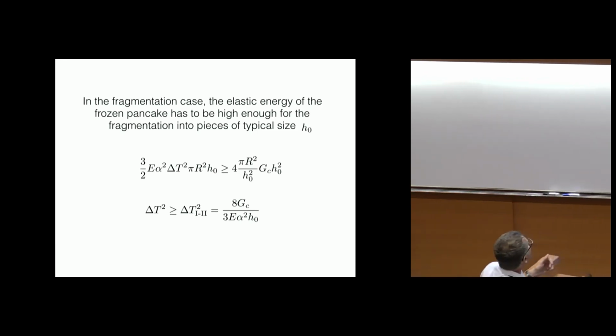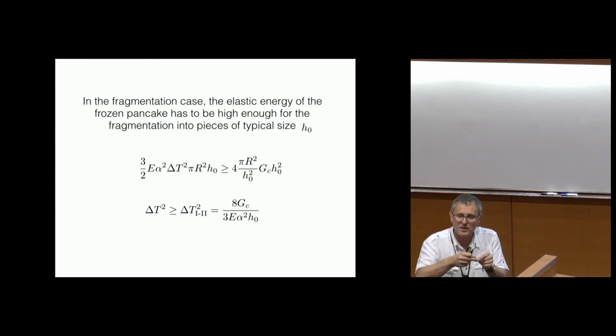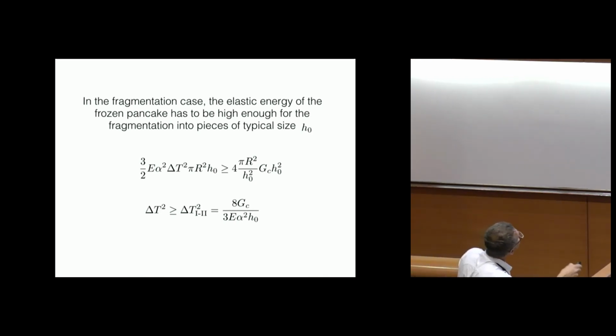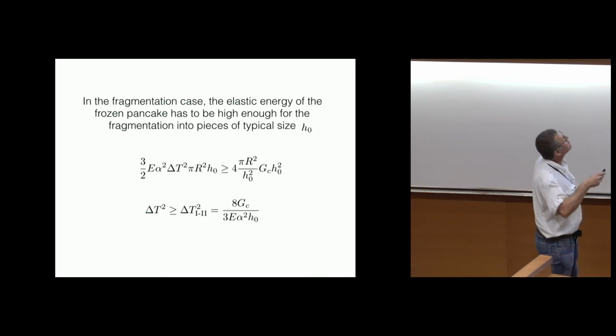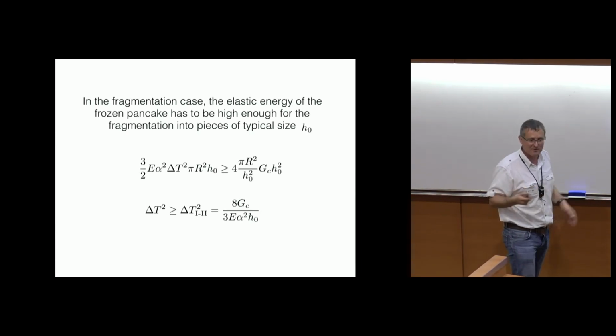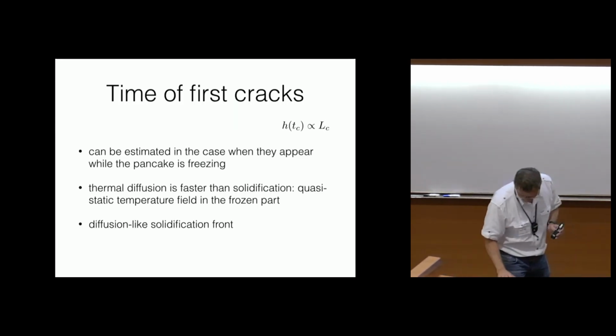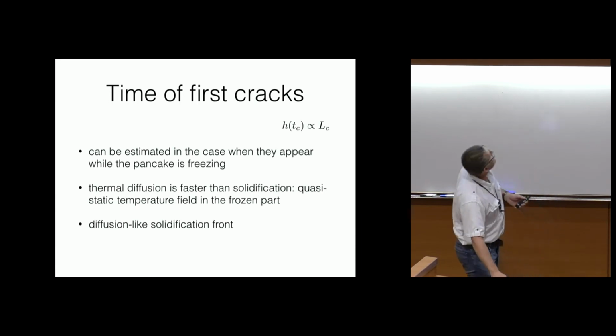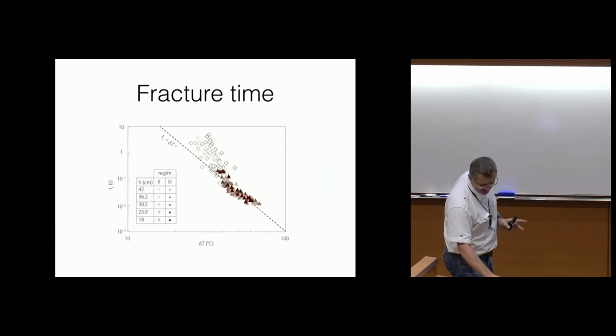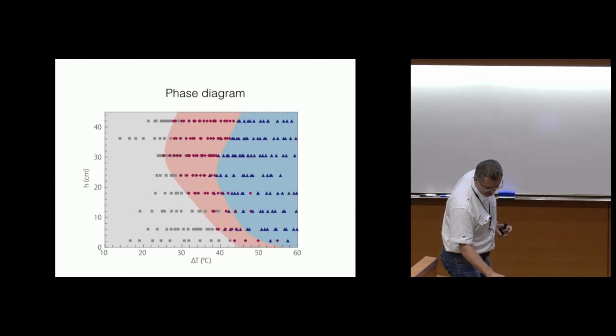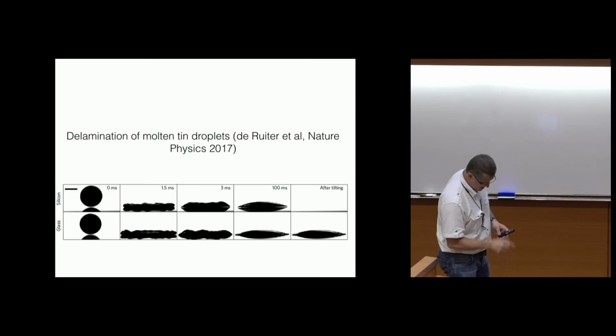And by doing that, you can redo the same argument for fragmentation. I just want to show you how we can explain the fragmentation. So if you measure the energy of fragmentation by saying that the small pieces of the fragmentation have the same length scales and the thickness of the pancake that we have measured, you can basically make the argument. It gives you a threshold temperature, which is exactly 26 degrees when you put numbers inside, and we observe in experiment 25 degrees, which I think might be a little bit of luck, but that's it. And we can also understand, and I will go a little bit faster, when the cracks are forming by the same theory, but I will finish only by showing you.